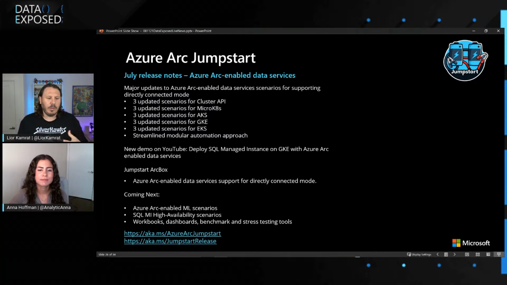We work with the product groups. We're literally an extension to the product group when it comes to the Jumpstart project. So we're getting a lot of feedback and data coming from the actual product groups because they're talking to a lot of customers, like ourselves, and a lot of partners. So we're collecting a lot of data, but we're also working with our customer success unit friends and the